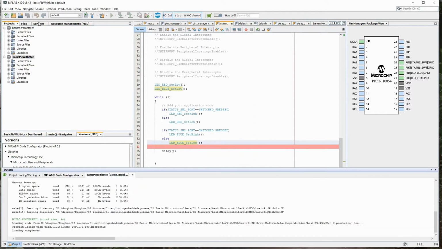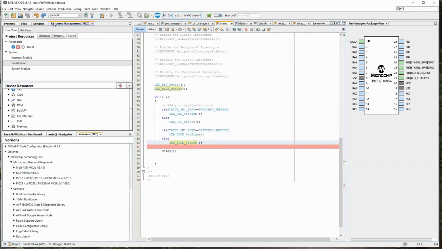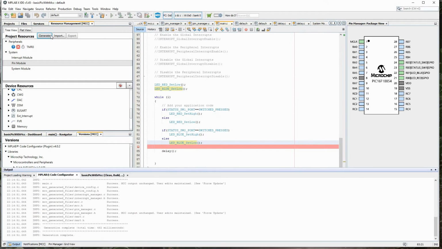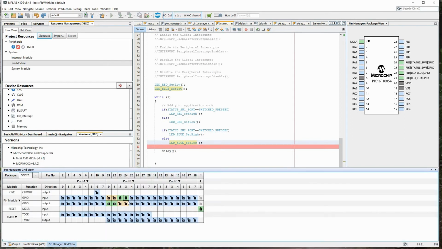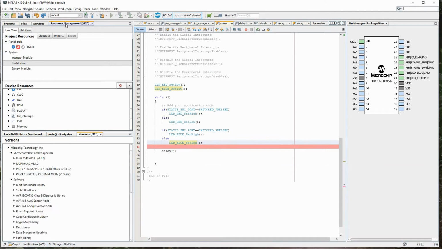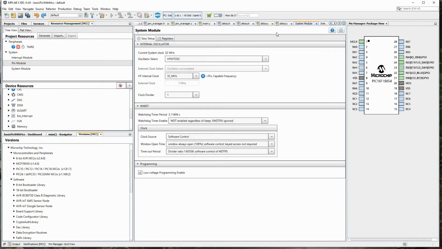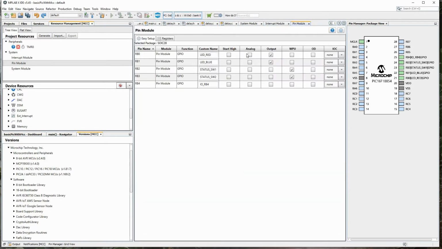Let's quickly check what happens if I regenerate the code. If I regenerate the code again, okay, it did not regenerate anything. Anyway, let me do one thing. Let's quickly go to the other one and make one more pin as input. Pin modules.